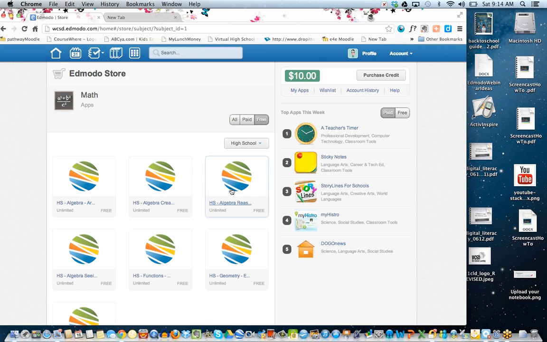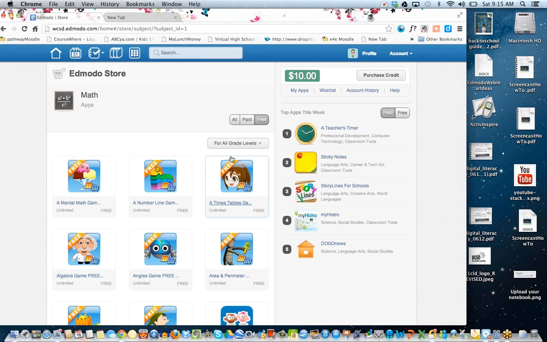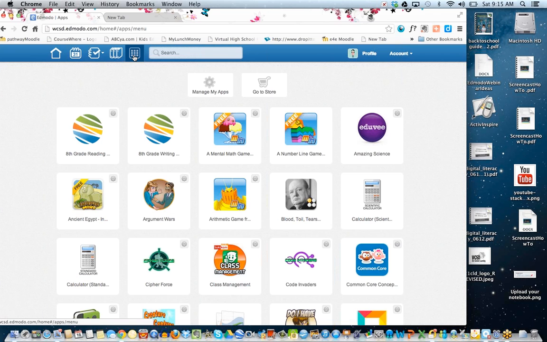Now, if you're a little bit disheartened because there's not a lot for your area, I wouldn't completely discount it because it's just like any new technology that's being launched. They're constantly adding things all the time. So if you're not 100% sold that there's stuff for you right now, keep this in the back of your mind and just keep checking back every couple months because there are constantly new vendors adding new applications and things to the store. So when you click on apps, that's how you get to the store.